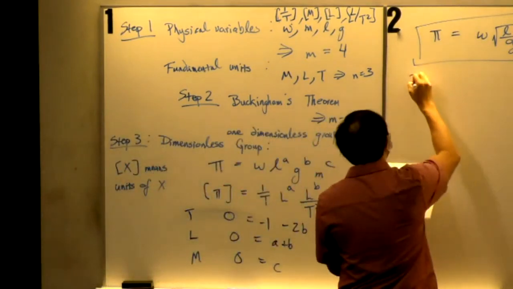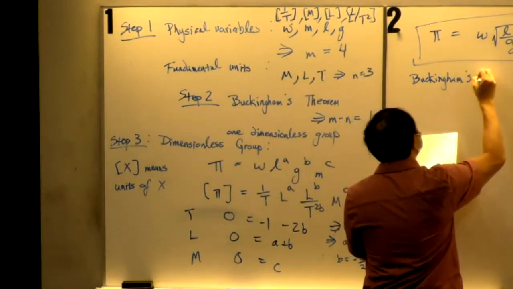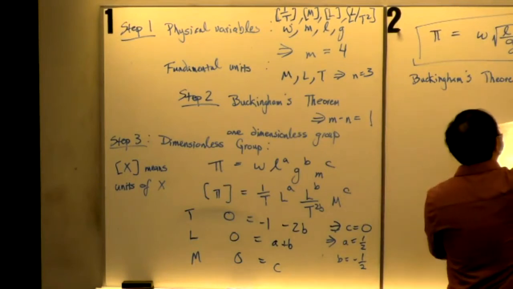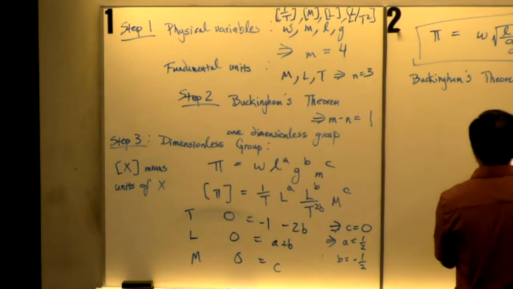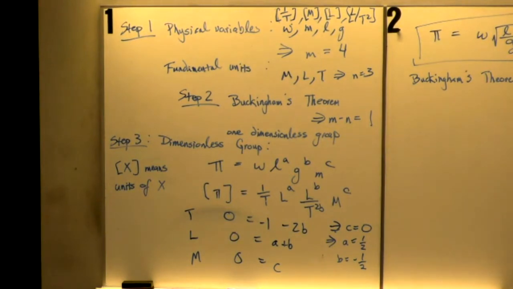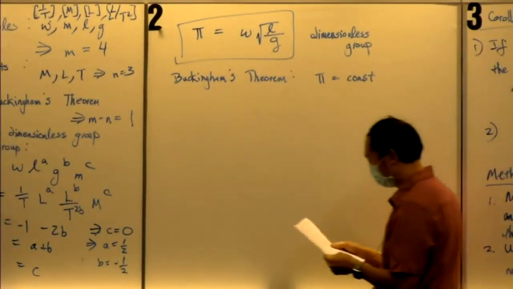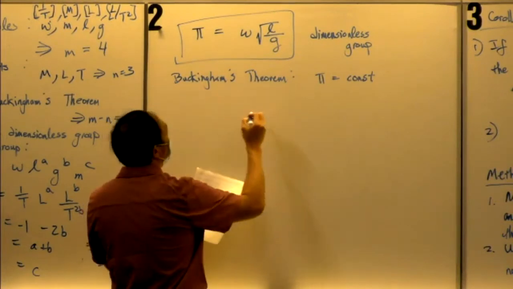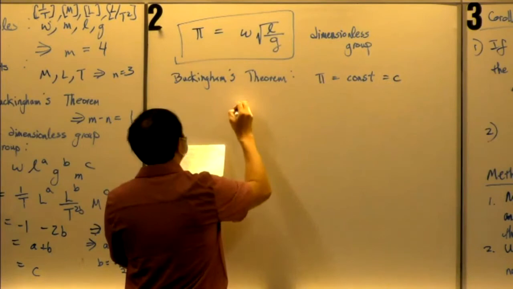And by Buckingham's theorem, phi is a constant. Phi is equal to constant. So, as a constant, I'll call that the variable c. That means omega is equal to